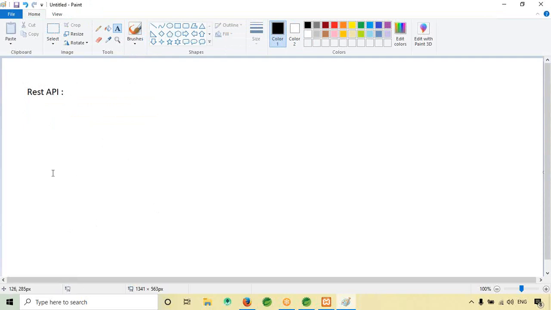But do you think Make My Trip is providing us the information? Obviously no. Make My Trip is not providing you the flight data. Instead, what they are doing is calling the APIs of the Indigo or Vistara Airlines. They are using them in their website and providing us the details.